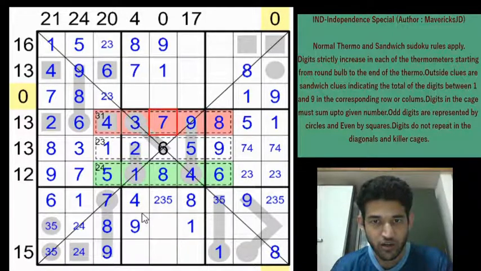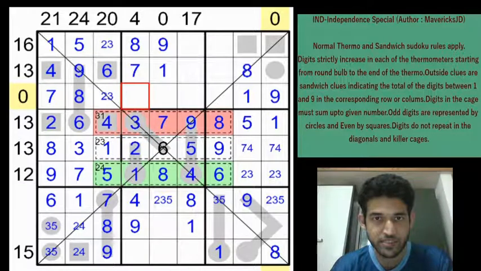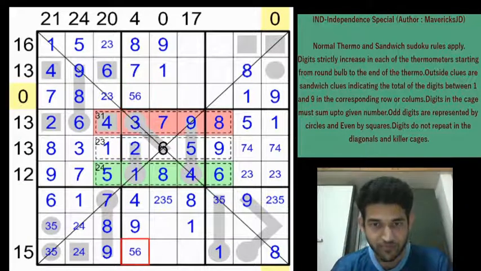And now along column 4, 1, 4, 9, 2, 3, 7, 8 have been placed. Remaining digits are 5 and 6. We can notate them. Very good solve. So if you look at row 2, 1, 7, 8, 4, 6, 9 are placed. Remaining digits are 2, 3 and 5. You can't have a 5 here, so this will be 2, 3, and this is obviously not a 2 because it's odd. So this will be 3, 5, and this will be 2, 3 and 5.